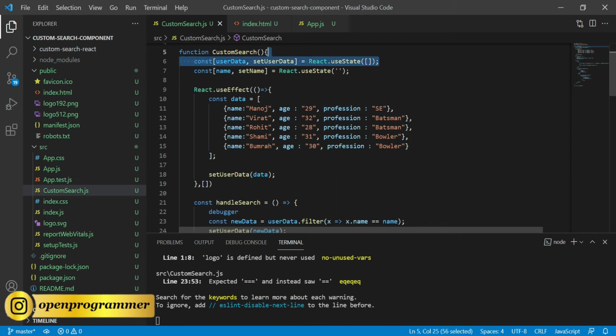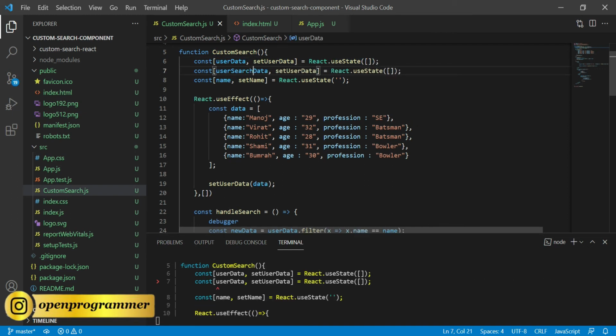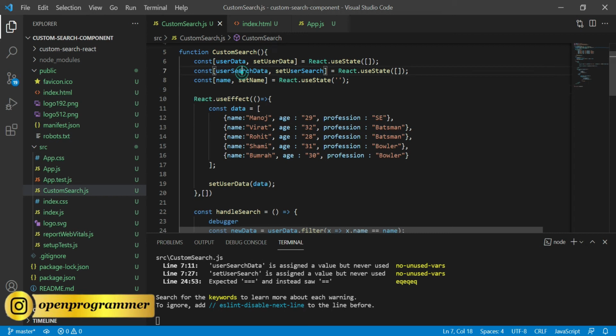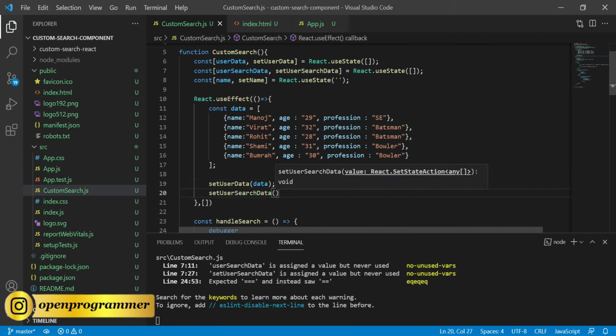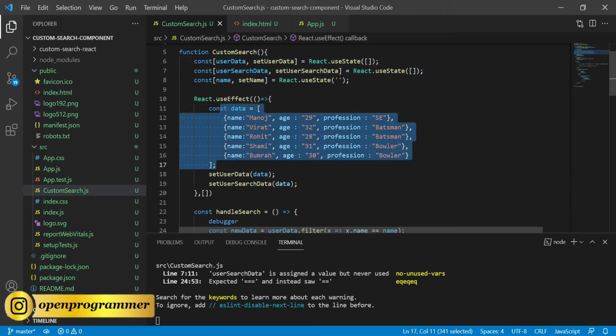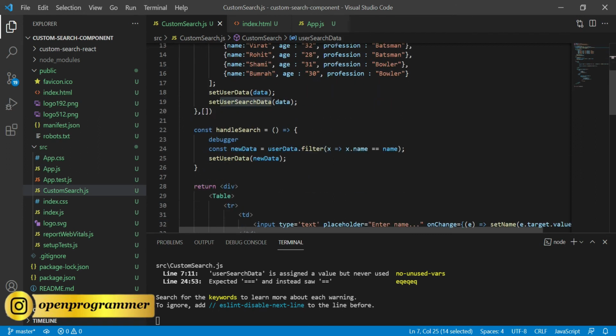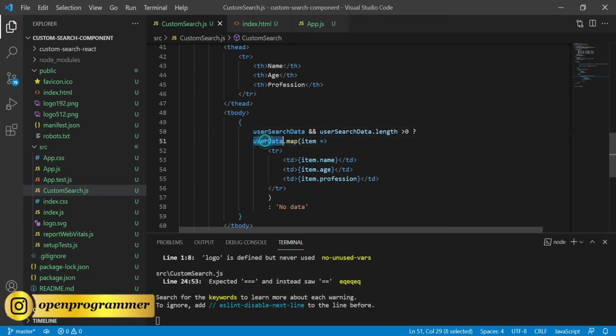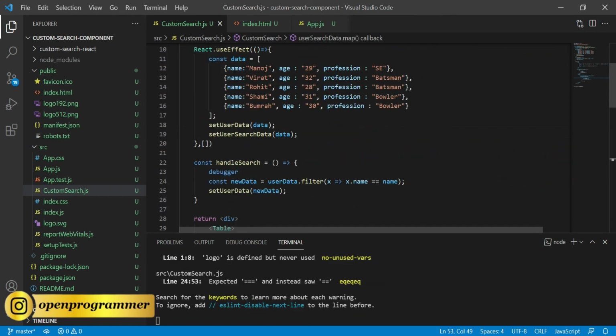So to resolve this, let's declare the same kind of array with a different name, user search array, and let's change the method also, set user search array, and at the initial level user search data. When this useEffect runs the very first time, both arrays will get filled with this particular data. All right, so now we will use this array to display our data. So change this data over here, save this, and now inside our handle search,